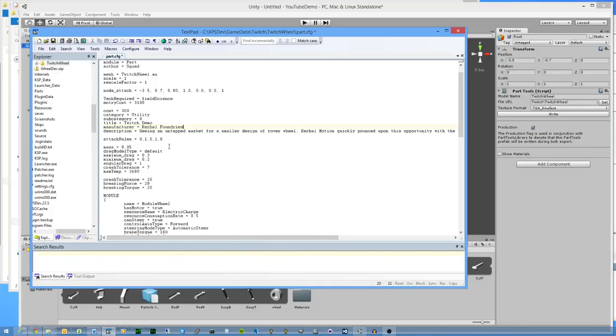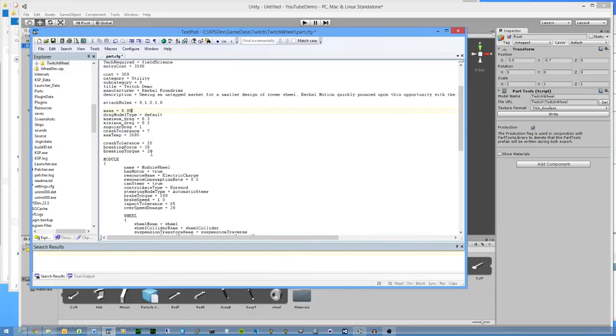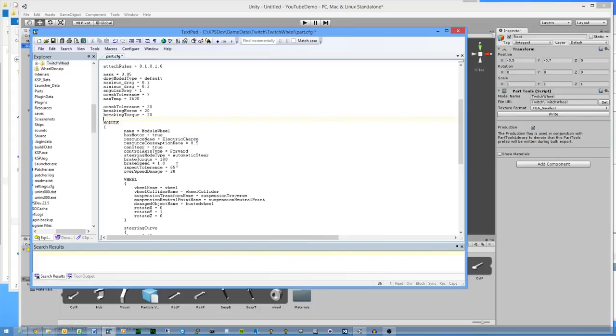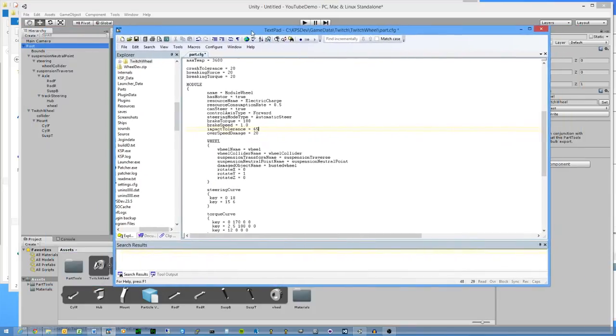Foundries. We'll ignore the rest of that. The attach rules are fine. I'm sure you've probably seen all of these other things a million times. These you can generally leave alone unless you're making a tank steering wheel or something like that, beyond the scope of what we're doing here. The important things are